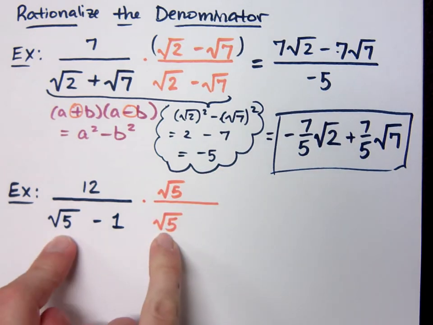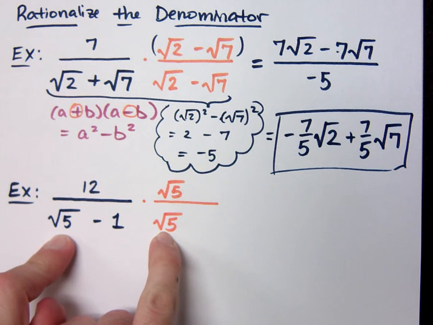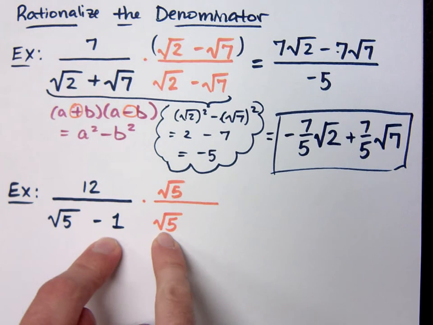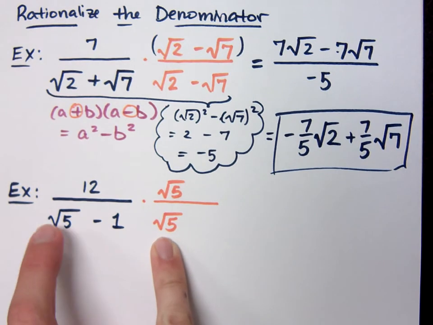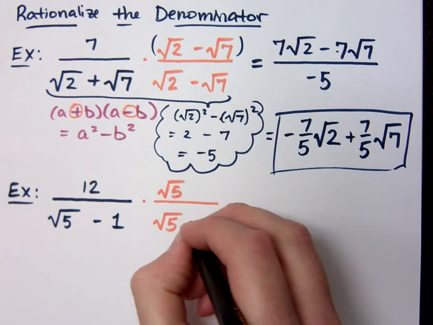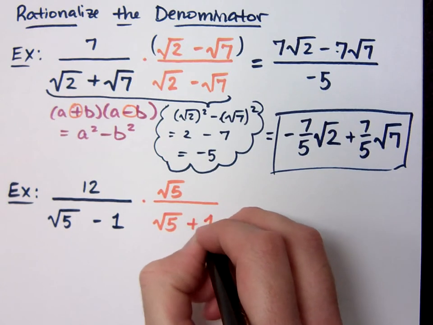what's the square root of 5 times the square root of 5? It's just going to give you 5, right? Because it would be the square root of 25, which is 5. But then you have to multiply it times the 1. So although it would get rid of this radical, it gives you another radical, so it doesn't really help you, right? But if I do times square root of 5 plus 1,